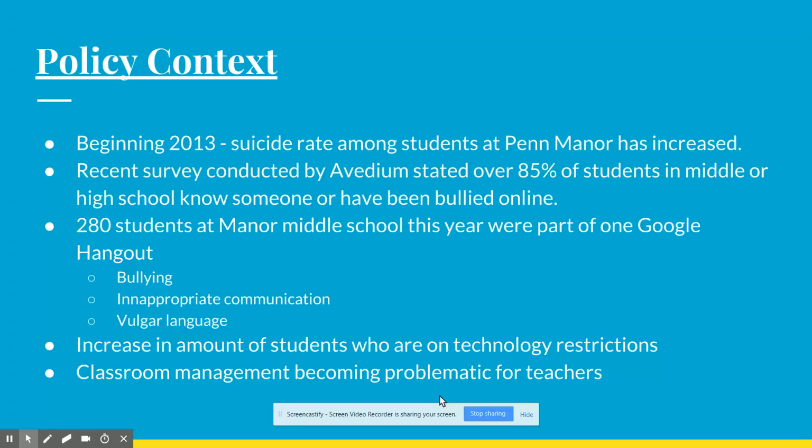The increase in the amount of students who are on technology restrictions, the administration, specifically at Manor, I can attest to, have been very inundated with students who have laptop restrictions, who cannot take them home, or may need to leave them in the office now because of mismanagement. And we're finding that these kids are too young to be able to handle the amount of technology that they're being exposed to.